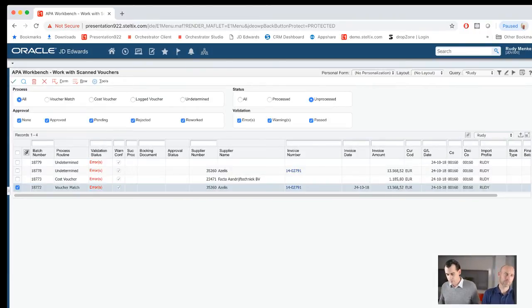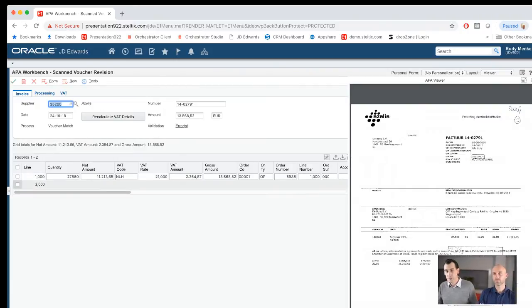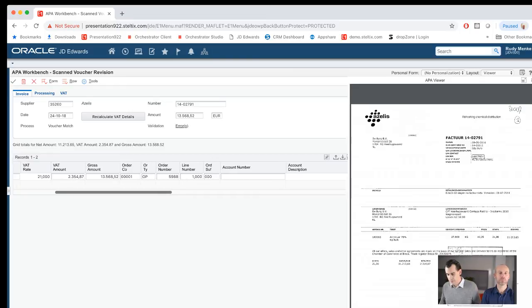So now I will open my document. And if I open my document, two things are very important. On the right side, you see the physical invoice. It's a bit difficult to see because our heads are in there now. And on the left side, you see everything that is captured, which is quite much, actually. The thing is, it didn't find the purchase order. And if you paid a lot of attention before, we are busy in company 160 and not in company 1. Of course, I can take a row exit and look for my purchase order and see what's there and what is received and not. Here I know what the error is, so I will map it quickly.